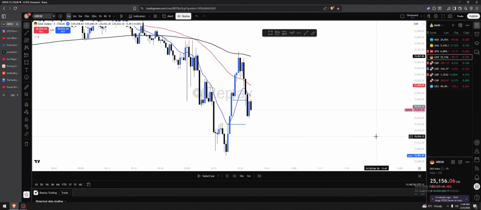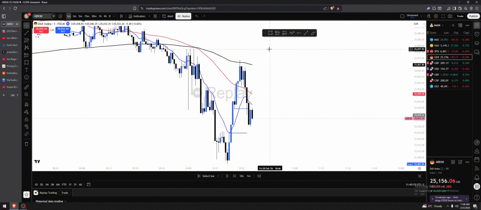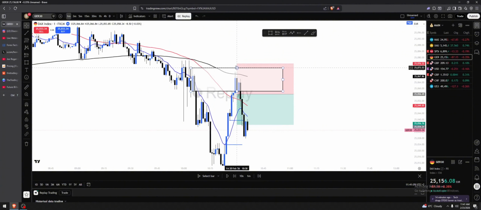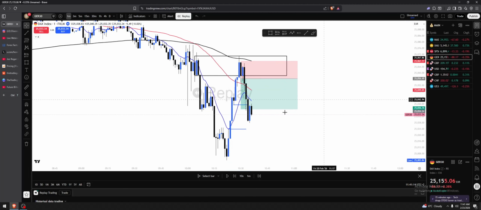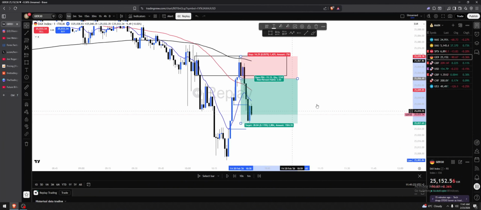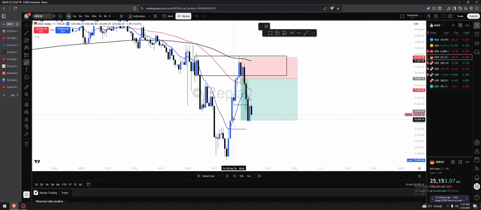So this was it. It was a very simple setup. Nothing major, just a supply zone in the middle of the day with a break of the candle, with a stop loss right there, and our 1 to 2. Yeah, it was pretty simple. I think it was something like that. I think I targeted this zone. This was my